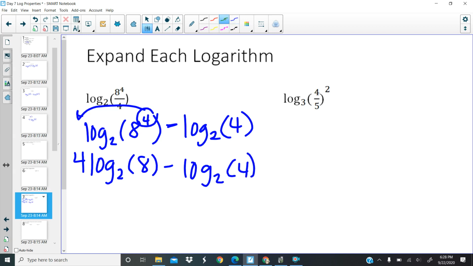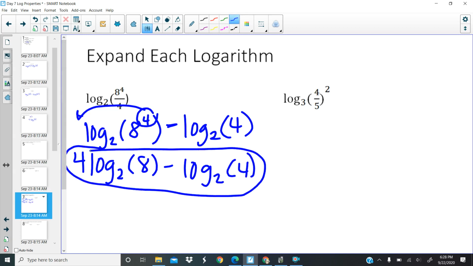And that would be my final answer on that one. And so then I'm going to come over and work on this log base 3 of (4/5) squared. So the first thing in this one that I see is the power to a power rule. So I'm going to pull that 2 to the front. So I would have 2 times log base 3